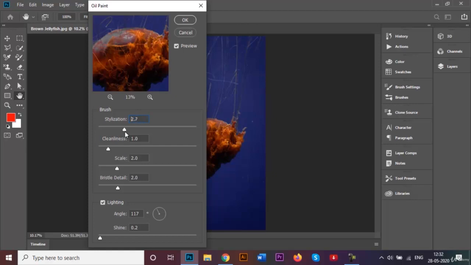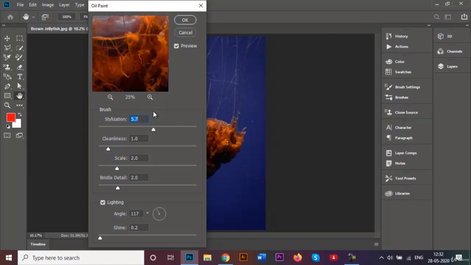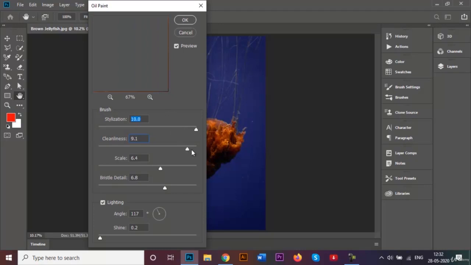In the stylization, you can increase it, for example, like this. I'm also going to increase this preview so that it's easier for you to see how it actually looks when it's zoomed in like this. You can increase or decrease the settings here, and it's going to change the effect. You can see the preview in this box. It will take a couple of seconds to update, and now you can see it a lot better. You can just pump this up all the way like this,